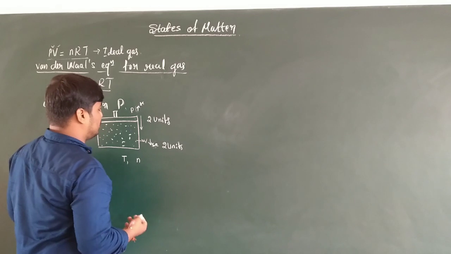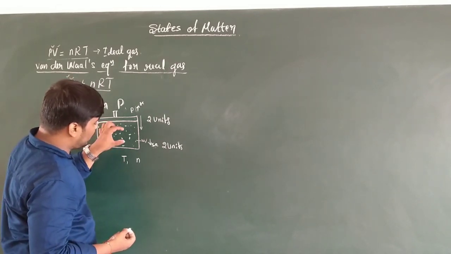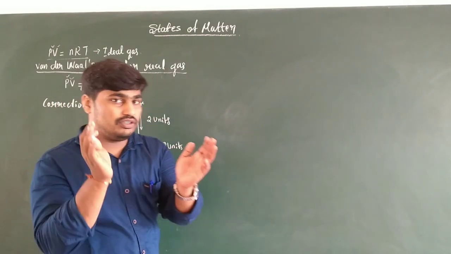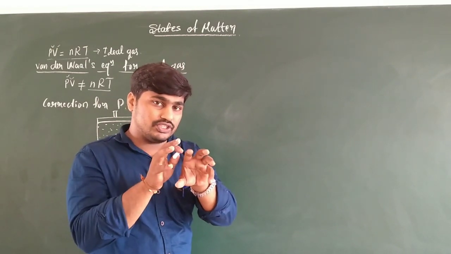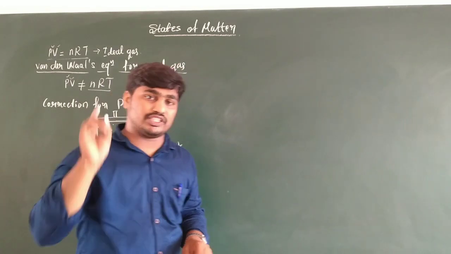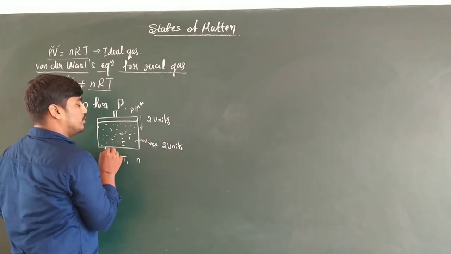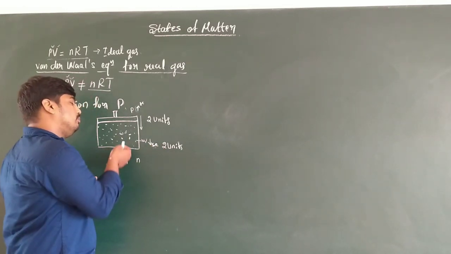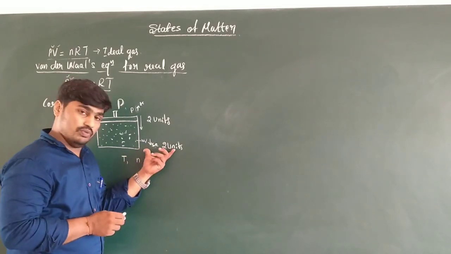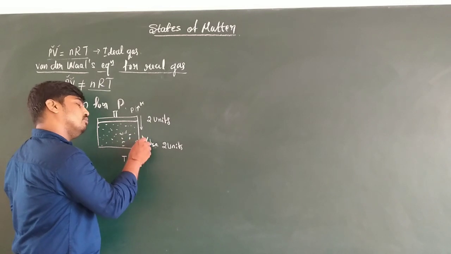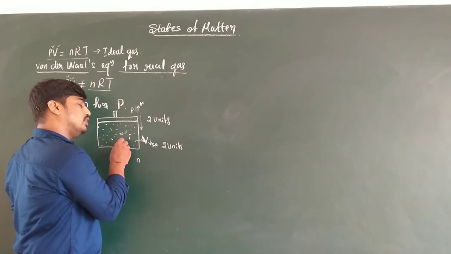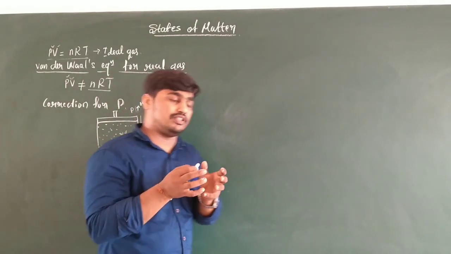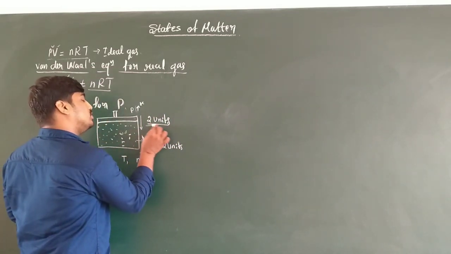Okay, next case: when the molecule volume decreases, molecules of the gases come near to each other, correct? When two molecules of a gas come near to each other, then there is a force of attraction. The force of attraction gets started now; more force of attraction we observe. Due to the decrease in the volume, molecules come near to each other and force of attraction increases. Due to that, molecules combine with each other, and whatever the amount of pressure you applied,